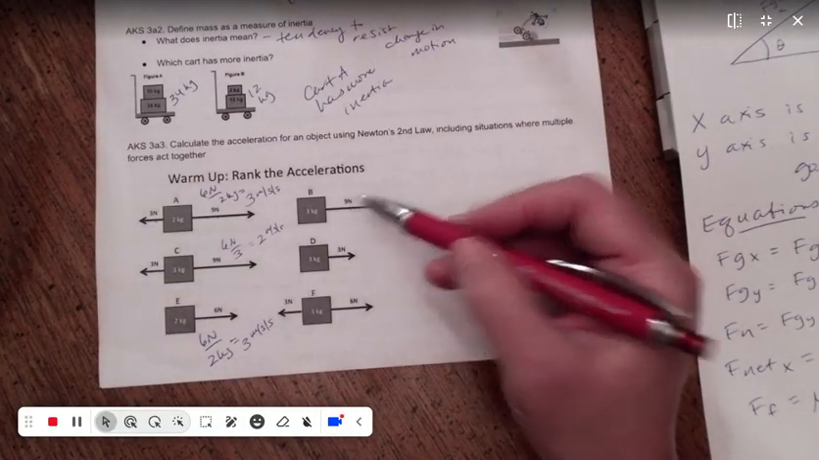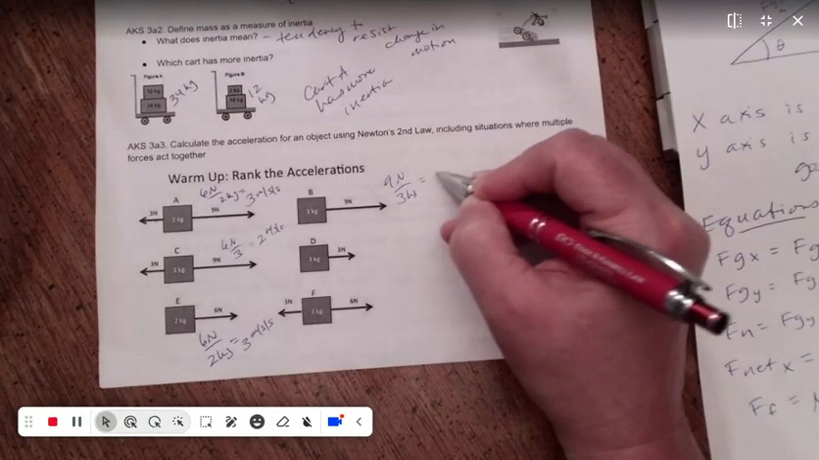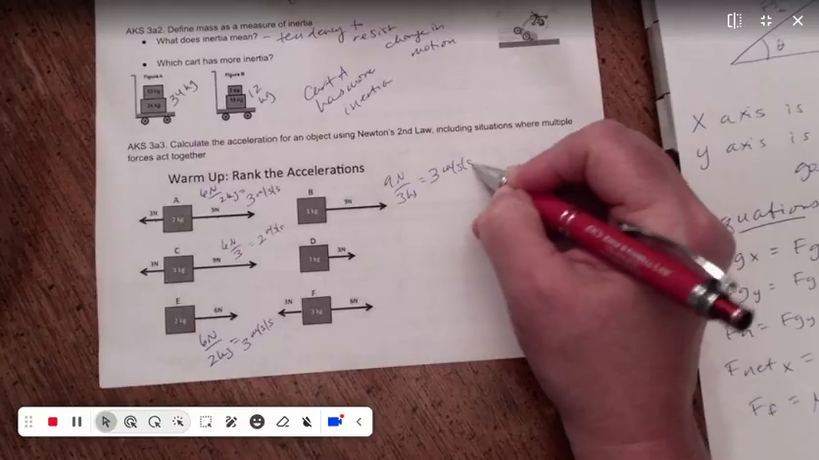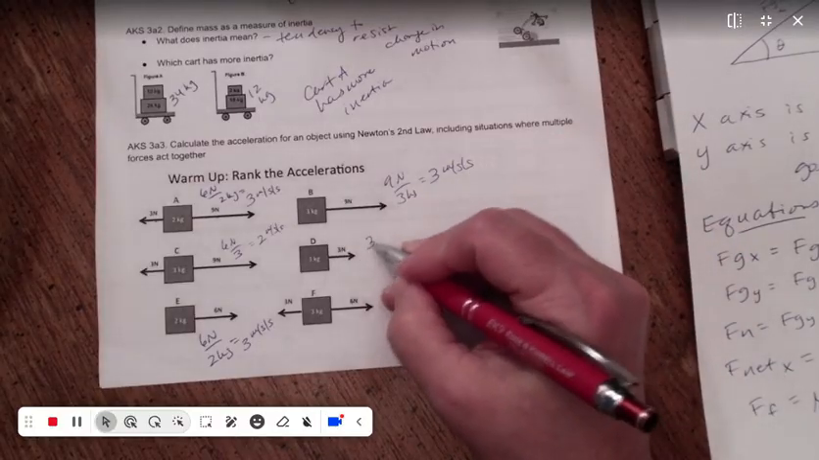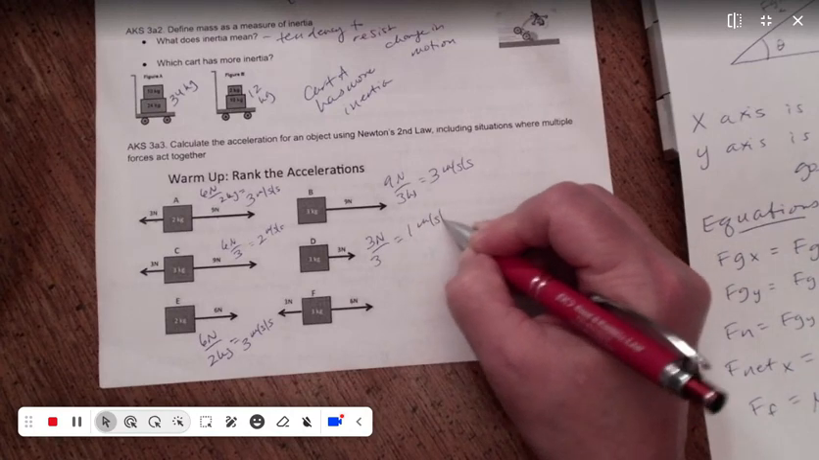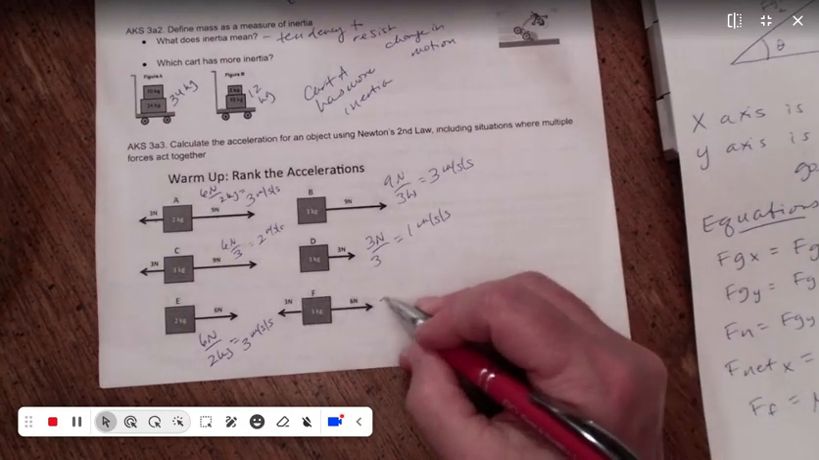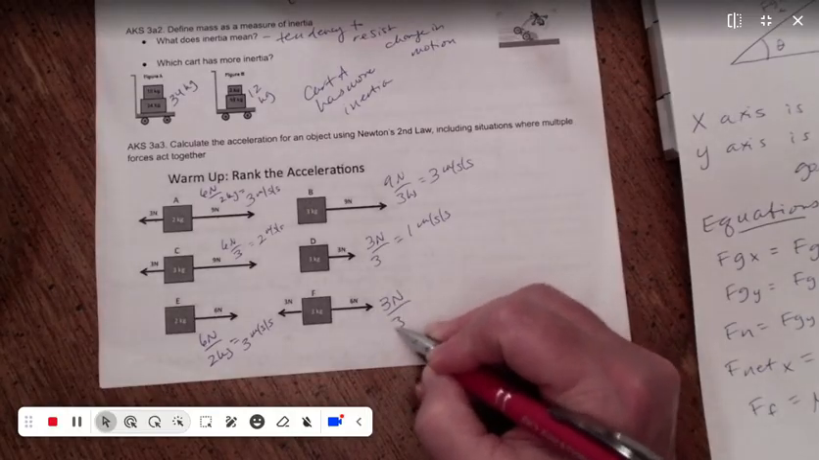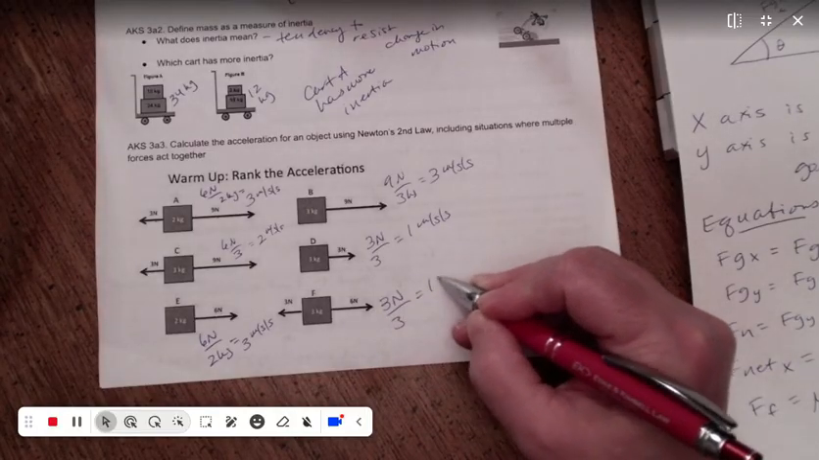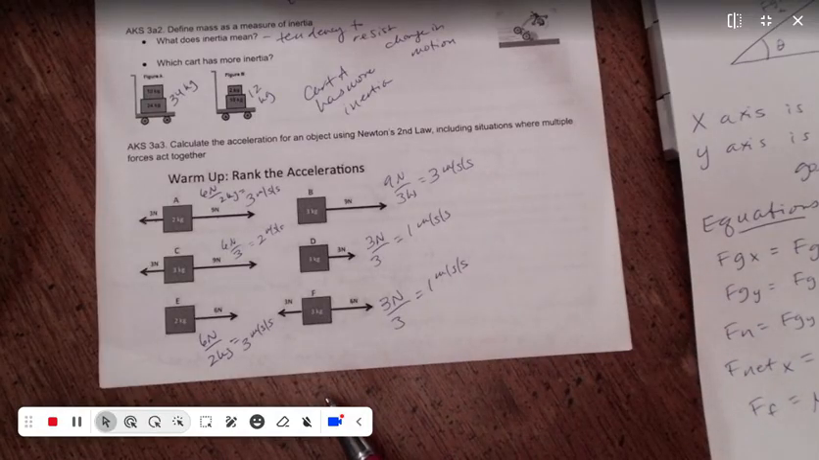Here I've got a force of 9 newtons divided by 3 gives me 3 meters per second. Here I've got 3 newtons divided by 3 for my mass, 1 meter per second. And then I've got 6 minus 3 here, which is going to again give me 3, again divided by 3, 1 meter per second. So if I ranked these,